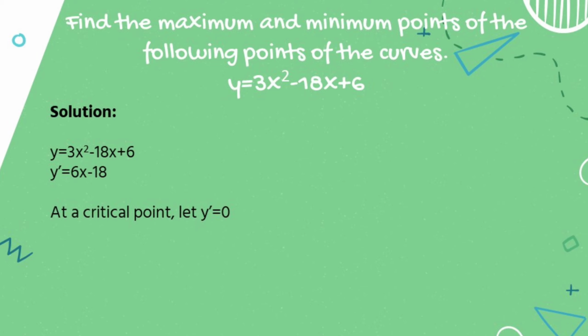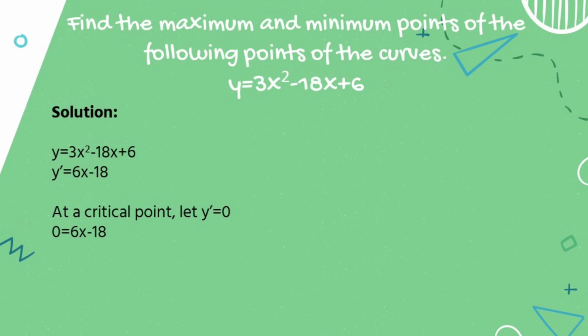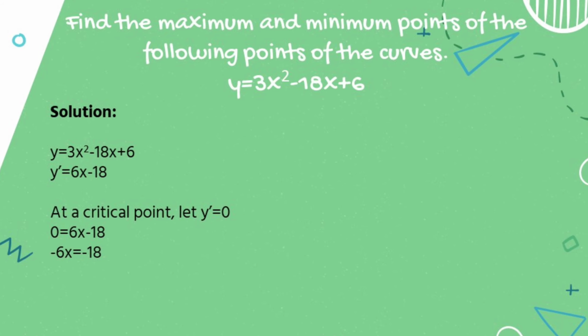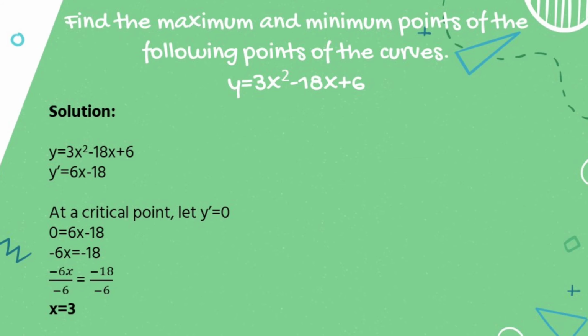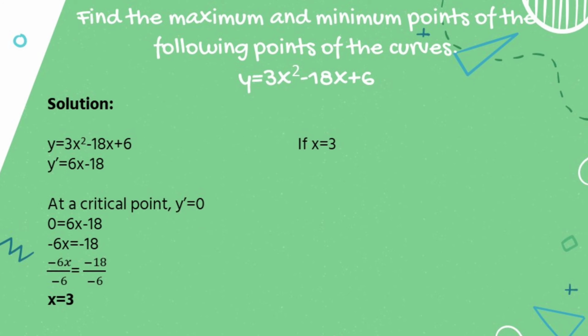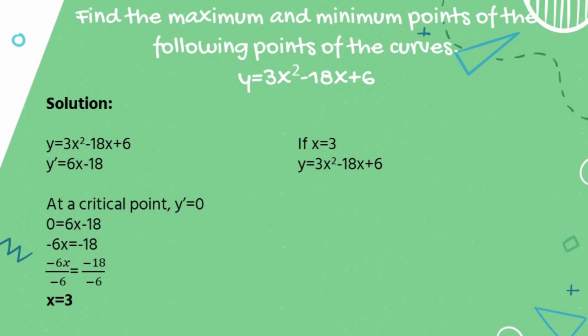Then at a critical point, let y prime equal 0. So we have 0 equals 6x minus 18. Let's transpose positive 6x to the other side, so it becomes negative 6x equals negative 18. Then let's divide both sides by negative 6, so we get x equals 3. Now that we have the value of x, we will substitute it into the given